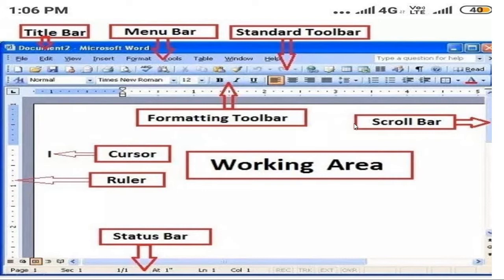Formatting toolbar is there, and this one is called the scroll bar, and this blinking one is called the cursor, and this one is the ruler, and at the bottom of the window it is called the status bar, and this is called the working area of the word processor.